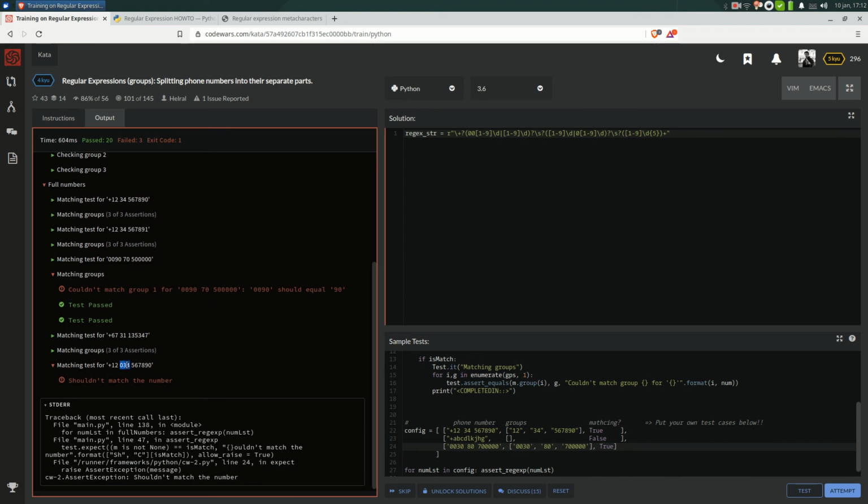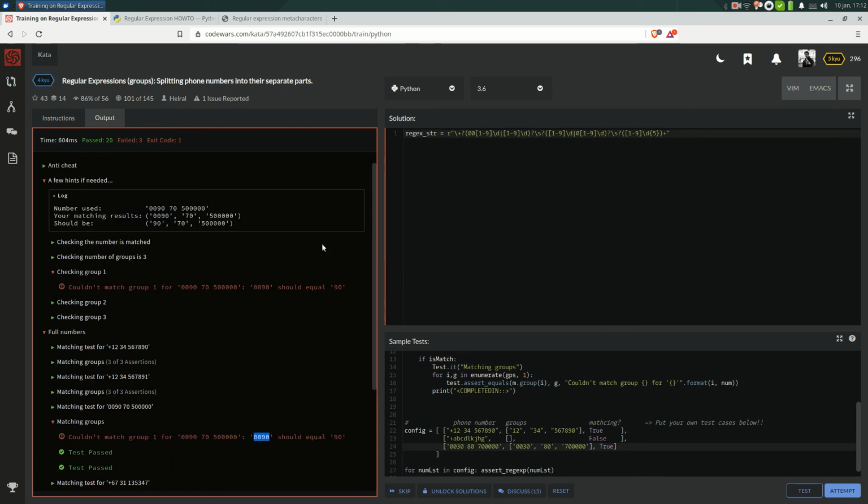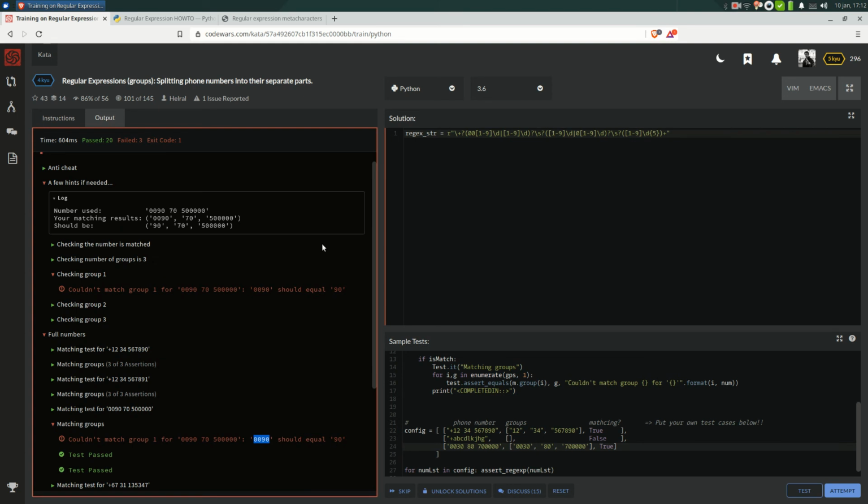Yeah. I planned to write the test for something like that, for the example where it shouldn't have matched the number. So we'll say couldn't match group 1. 0090 should equal, so